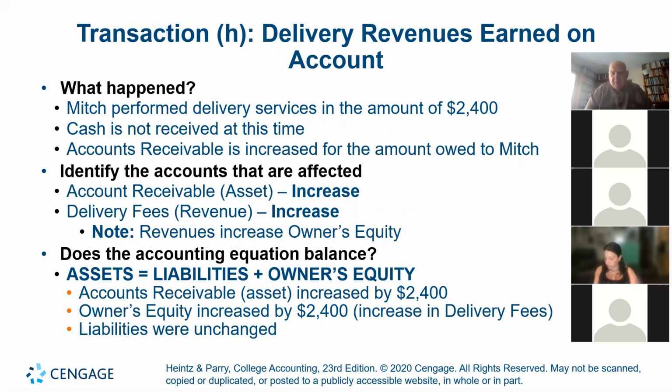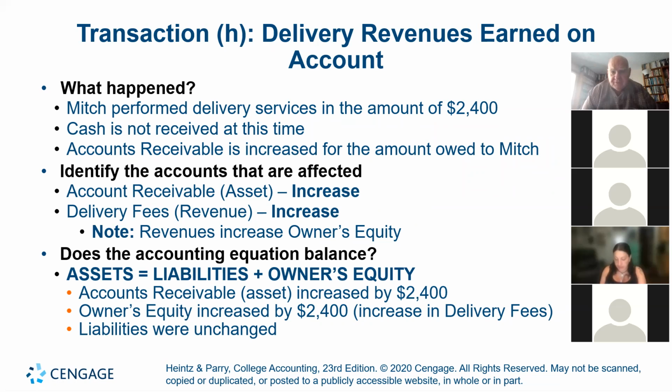Now we delivered some equipment on account, and nobody had money. On account, there's no money involved. So we know if it says on account, it's going to be accounts receivable, meaning we're going to receive the money, or it's accounts payable, we're the ones who are going to disburse the dough. So what do we have here? Well, obviously,